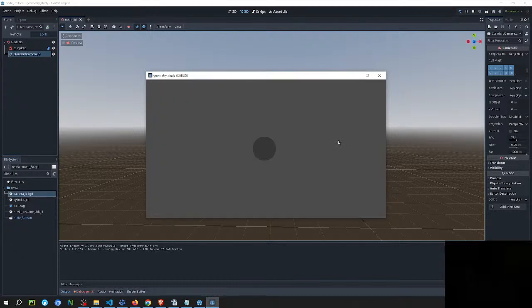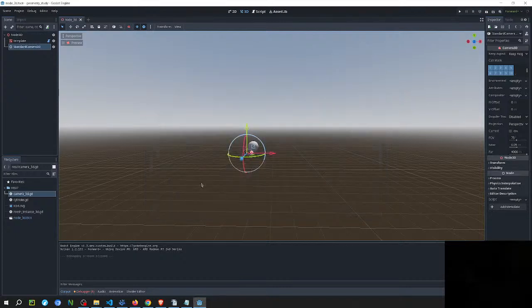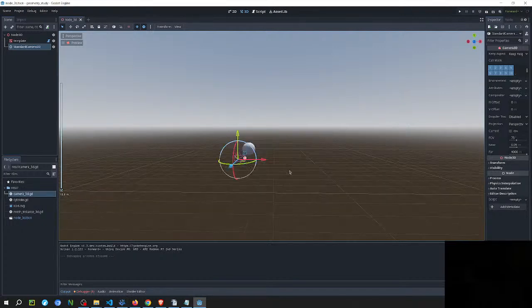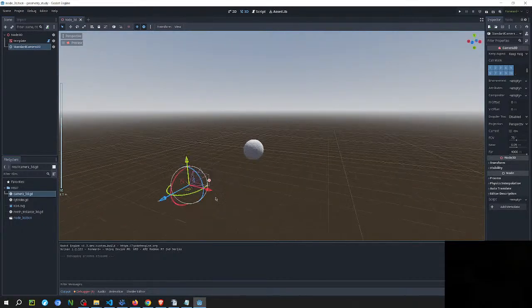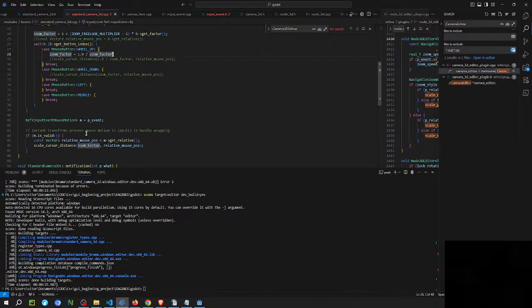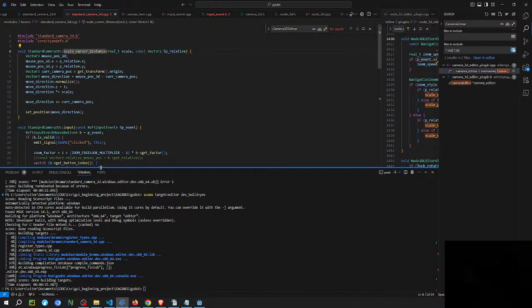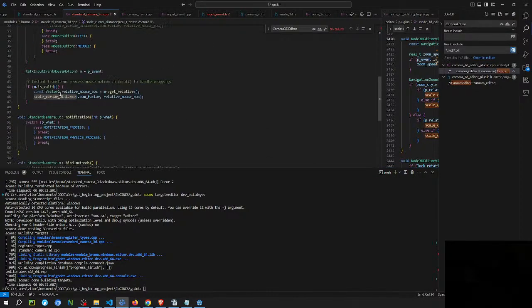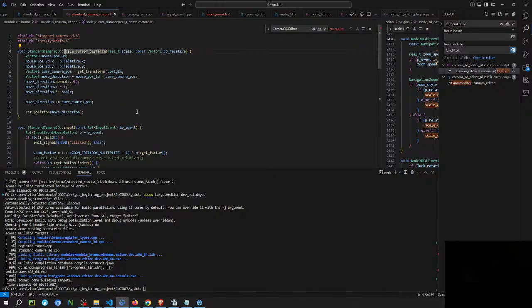So it's not working. Even if it does work, like I said, it's not the best. So I can try to set the transform here, but